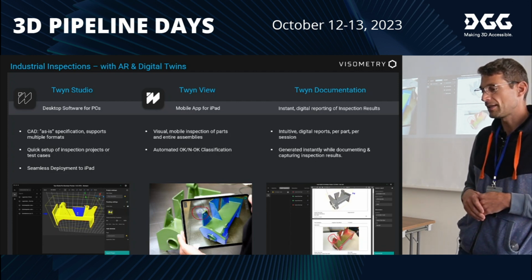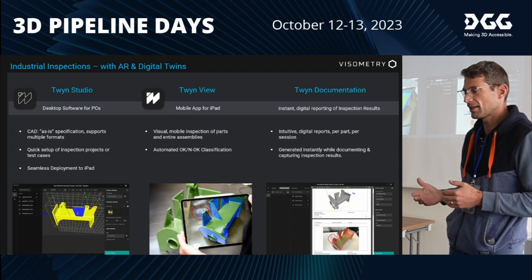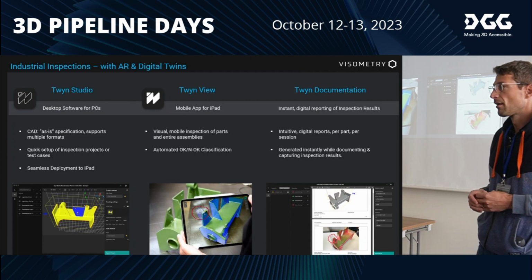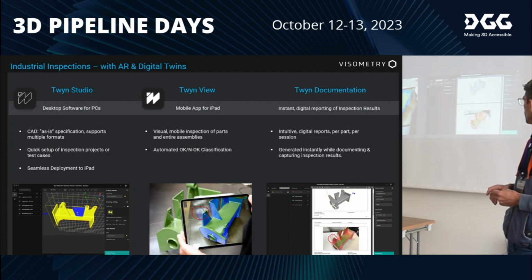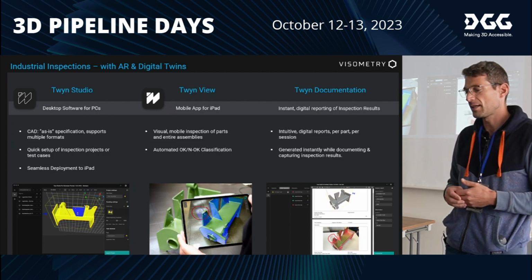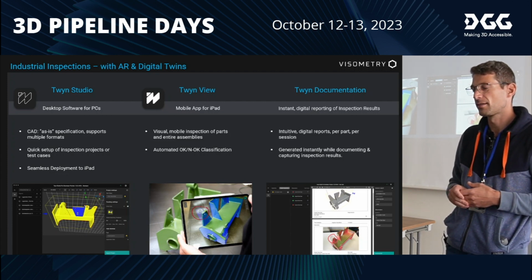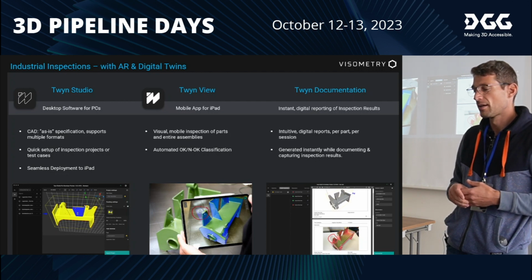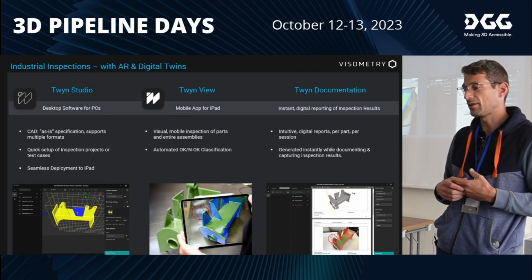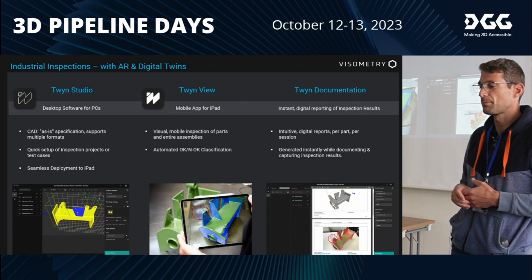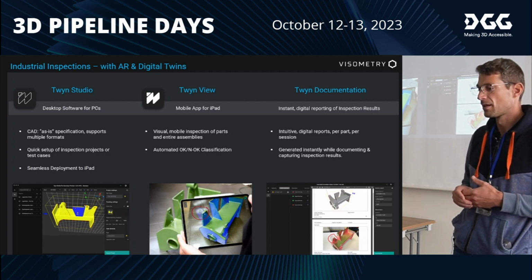And the result of the process is a documentation. We get a PDF report where all the differences are documented, and annotated screenshots can be captured where things are not matching. So it's very easy to create such a documentation within minutes by just comparing virtual and physical parts.